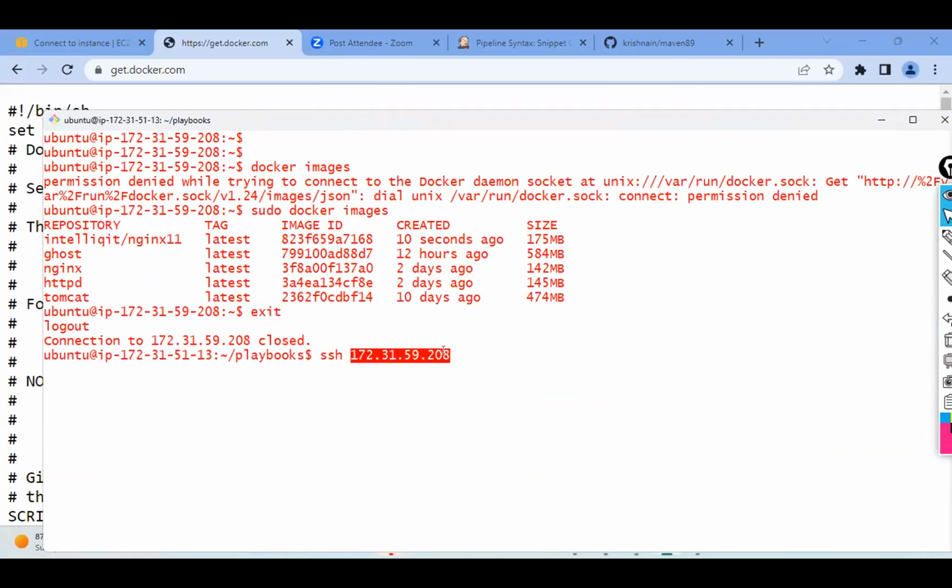That image is present only on one server. So in the hosts section you should not give all. You should give only one server's IP address. My customized image is present only on one server. From that one server, we are trying to perform a push operation. Okay, so vim playbook 33.